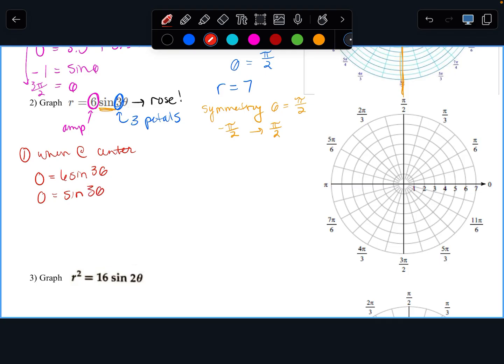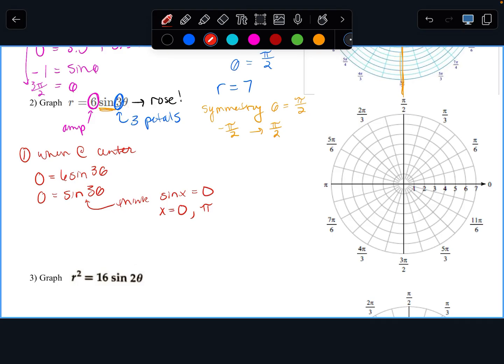And then when you're dealing with a scalar on your theta, essentially what you do is you figure out when does your just sine of x equal 0? Right? Because once you have that angle, you can use the 3 and deal with the 3 in a little bit. So if we set that equal, when does sine equal 0? That happens at 0 and pi,